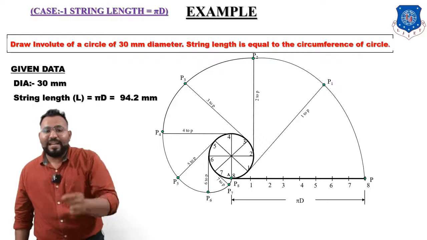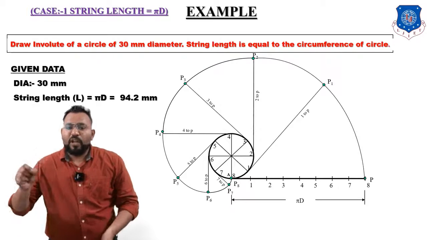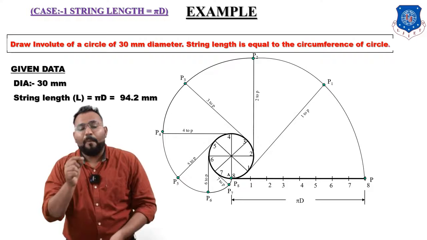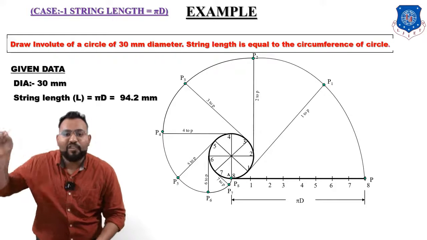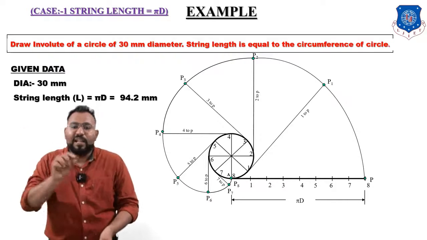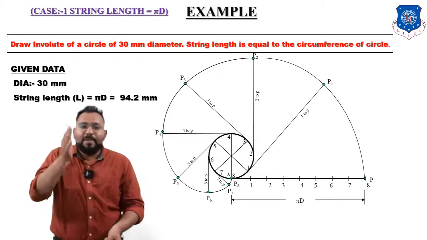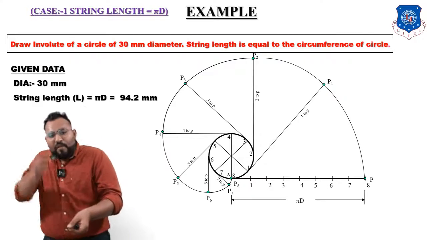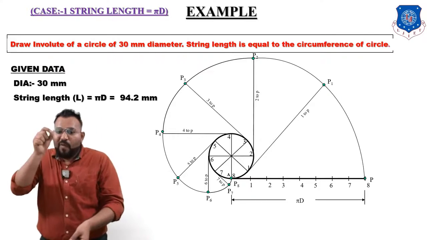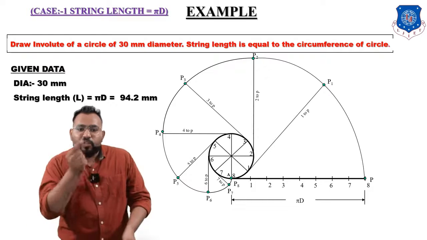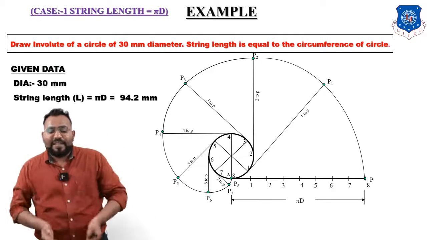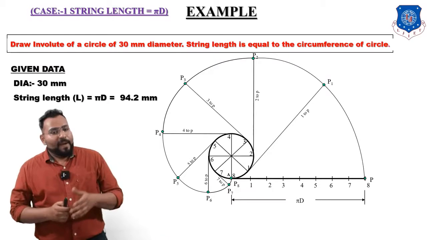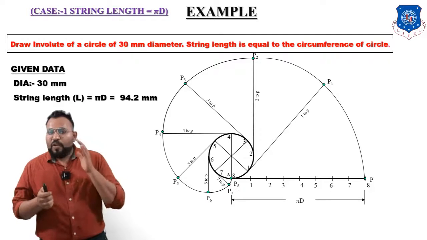So you can see that what we have to do is connect all those points. P, P1, P2, P3, P4, all these points show the free end of the string when we are rounding on the circle. So you can see that all these points, P, P1 up to point P8, show the free end of the string when you are rounding on the circle. So when you have joined all these points by a smooth curve, whatever curve you are getting, that is what the involute is.